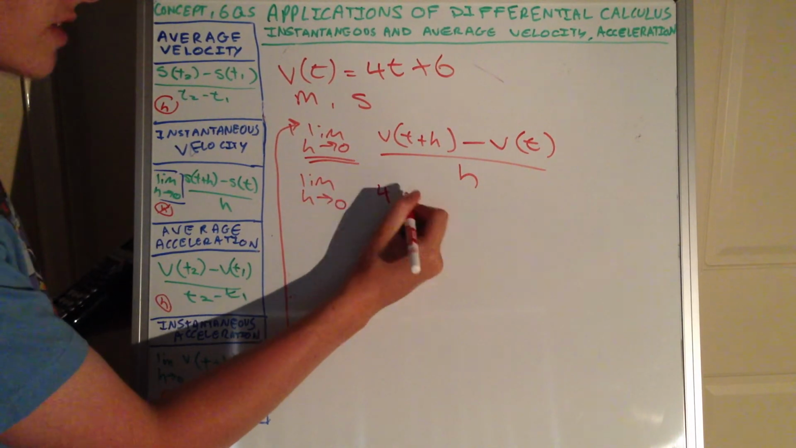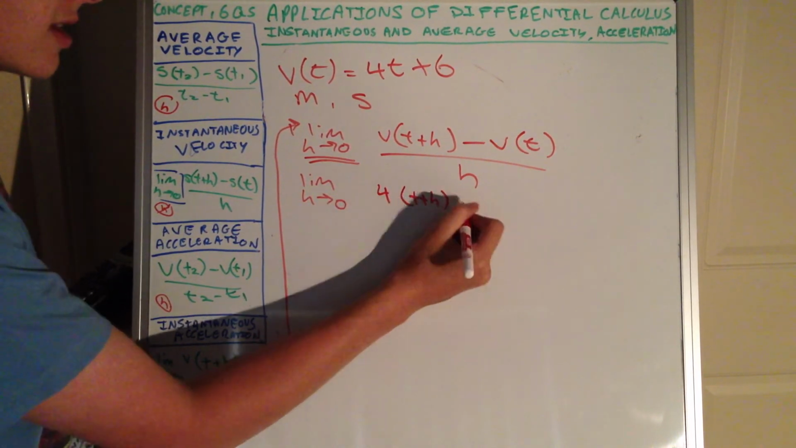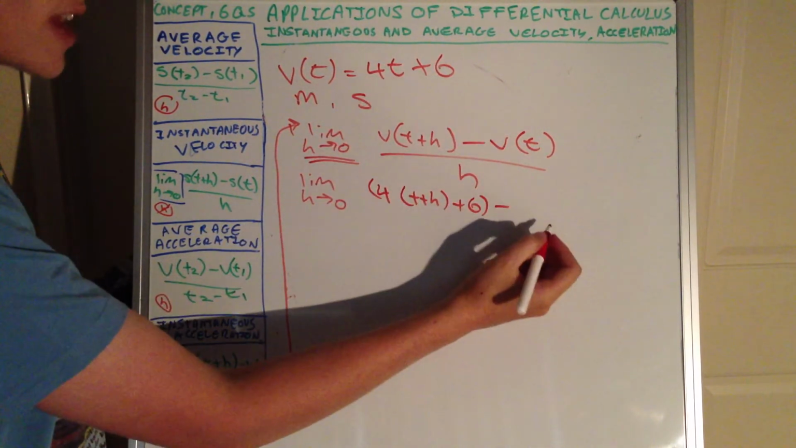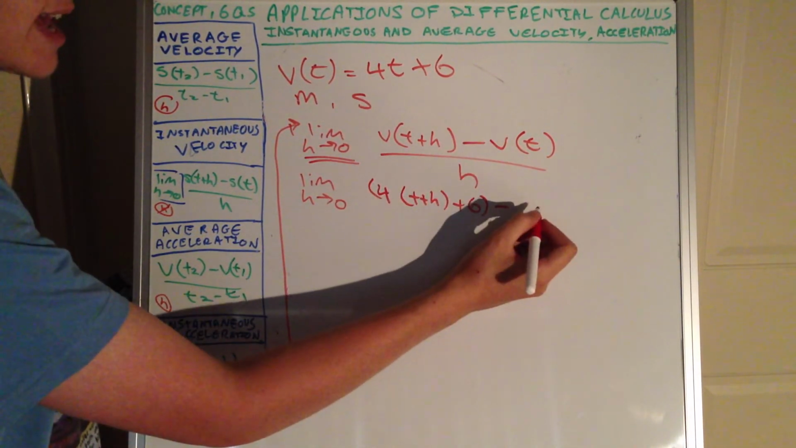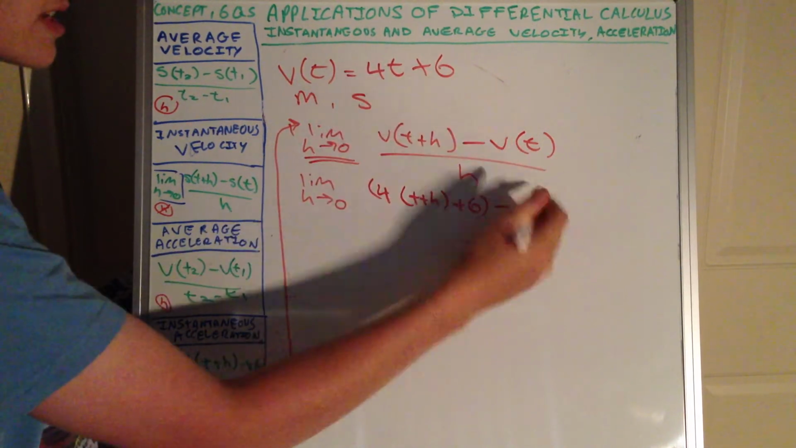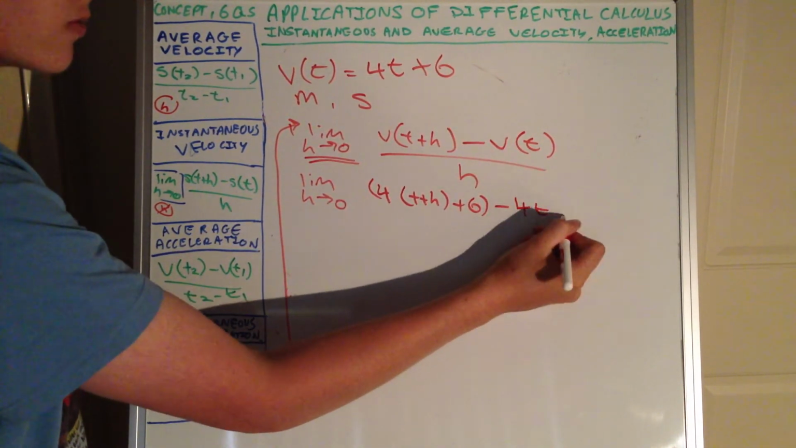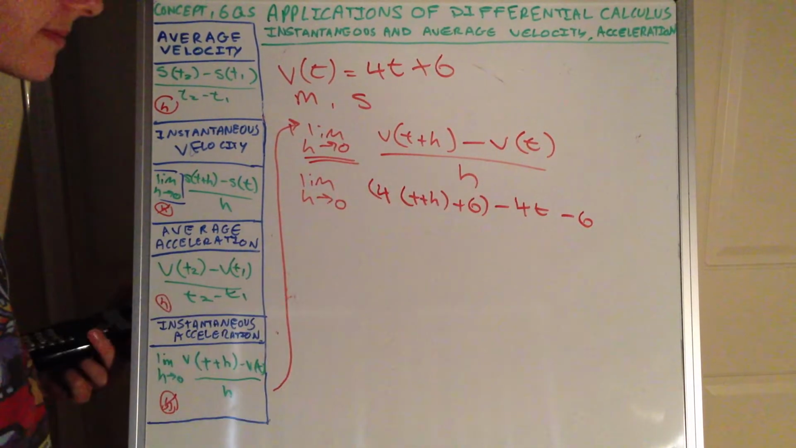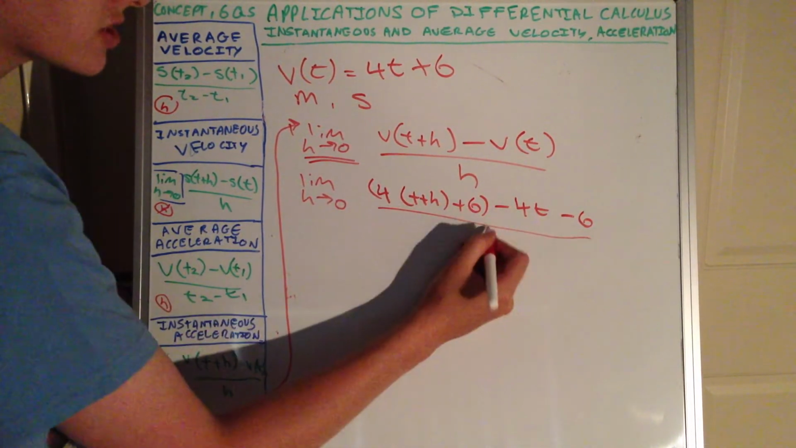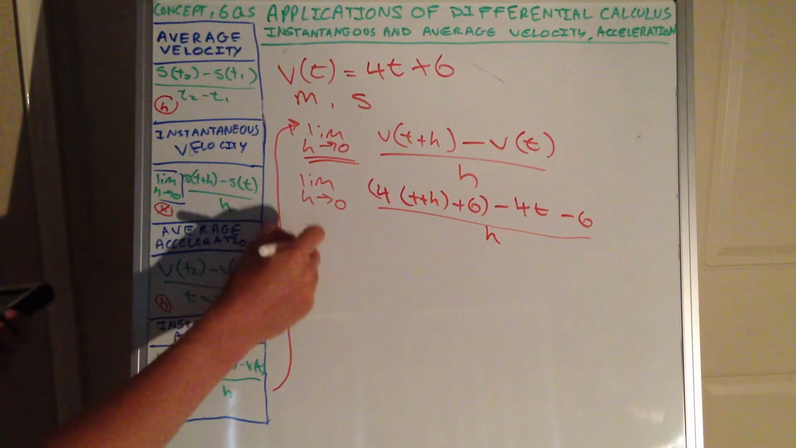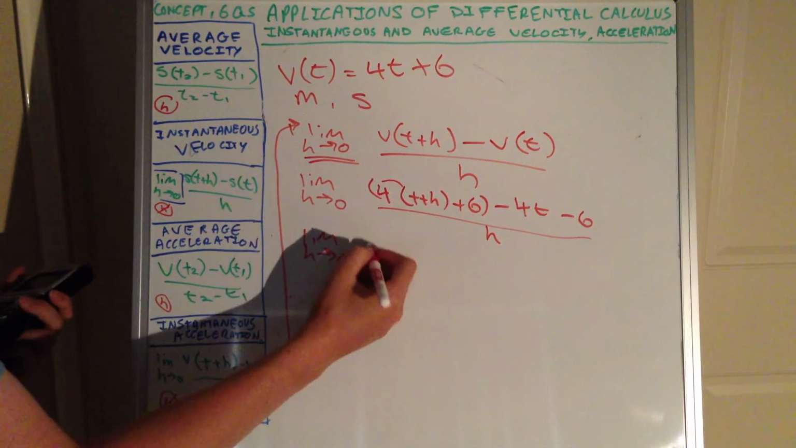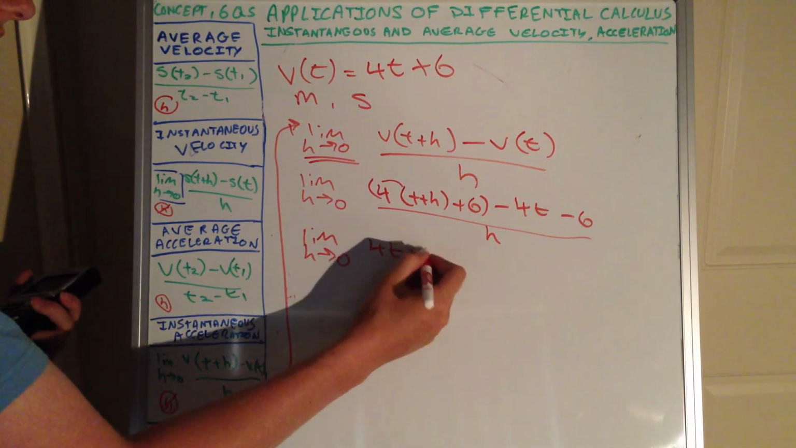So we get 4 lots of t plus h plus 6, and then we subtract the velocity there, and the velocity is obviously just 4t plus 6. Because we have a positive there, but we have a negative before it, that's all over h, and therefore we take the limit as h approaches 0, and it becomes 4t plus